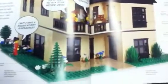If you remember in some of the most recent sets, such as the Winter Village Cottage and the Haunted House from Monster Fighters, they use that kind of technique where it looks like parts of the wall are peeled away so you can see the bricks, the ones where they have a little bit of texture on them. It's a very cool technique. And some of the minifigures are saying fun things